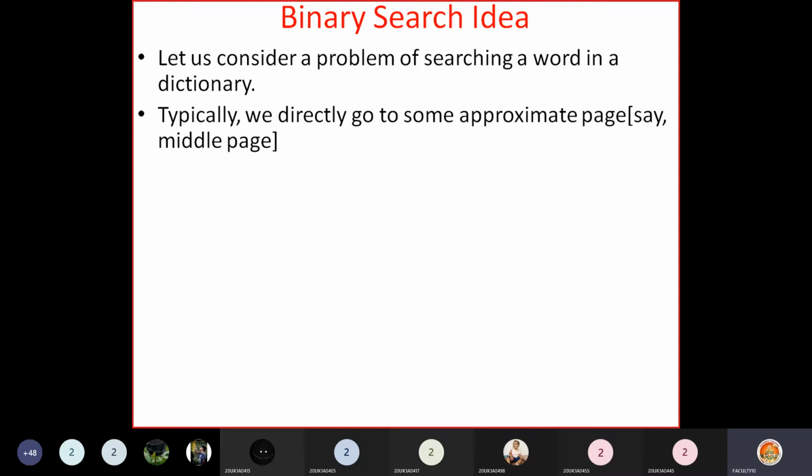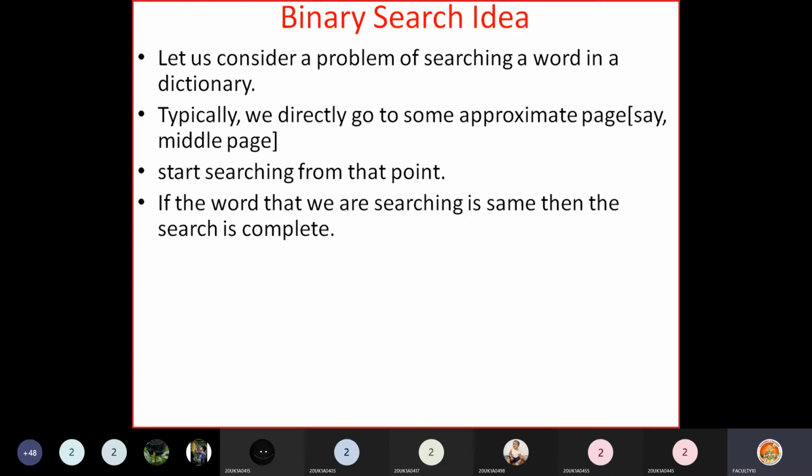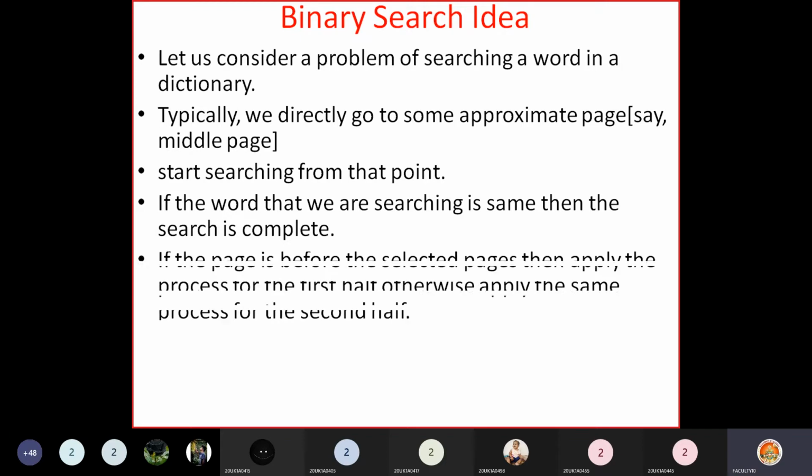We suddenly open the middle of the dictionary and start searching from that point. We look into that page to see whether our word is present or not. If the word we are searching for is there, then the search is complete. That means if we find the word on that page, we directly get the meaning and close the dictionary. Your search is complete.